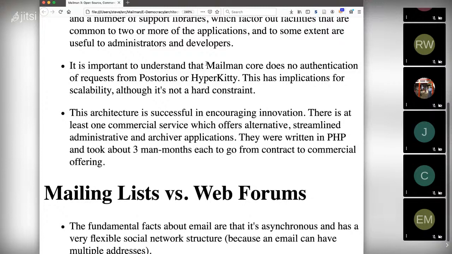So this architecture has been very successful in encouraging innovation in the sense that we did get Fedora and Red Hat to come in to develop a completely new archiver. Pastorius was written by a bunch of people who weren't really interested in the email side of it.